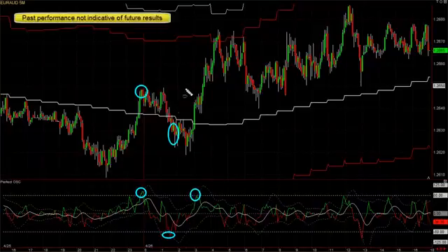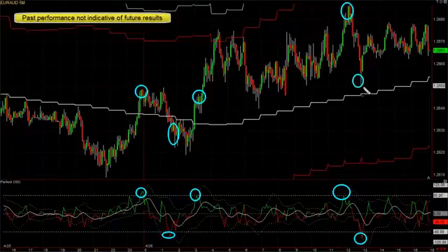Right here was the high. This one here failed. This one right here was the high. That one worked. This one right here was the low. That one certainly worked. This was pretty close to the high. That one certainly worked. It works a very high percentage of the time, and especially when you have a trend